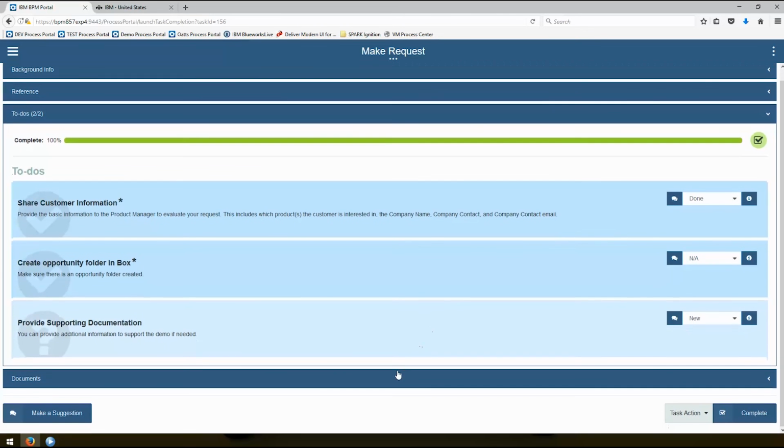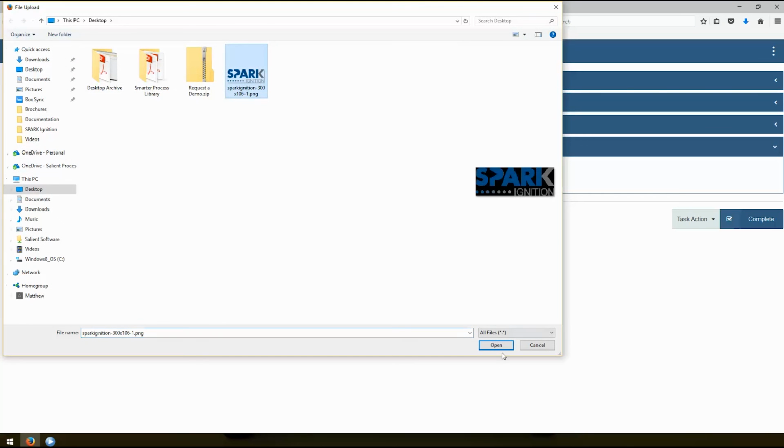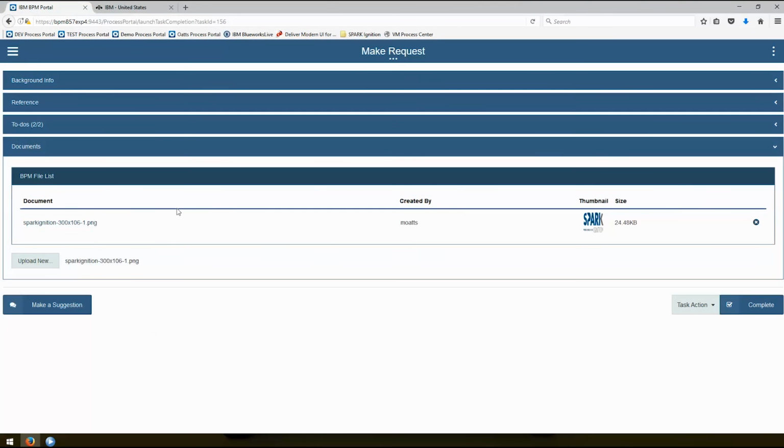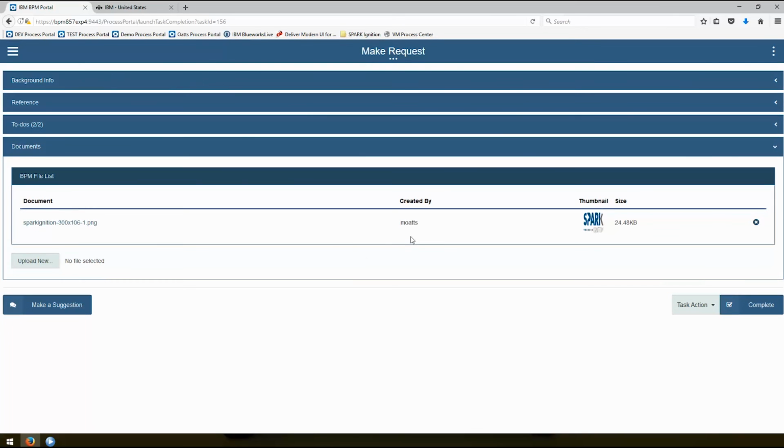The last two features we want to take a look at, you can have documents associated with an activity that get passed through to other steps in the activity. So, here I can upload a document. I could preview this document here. This is just an image file. And then the final thing that you interact with